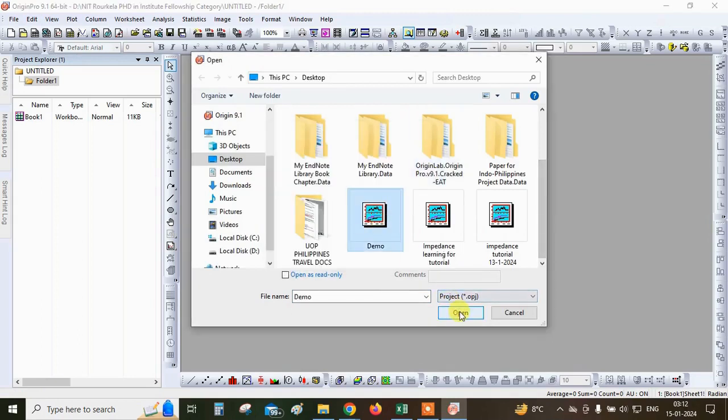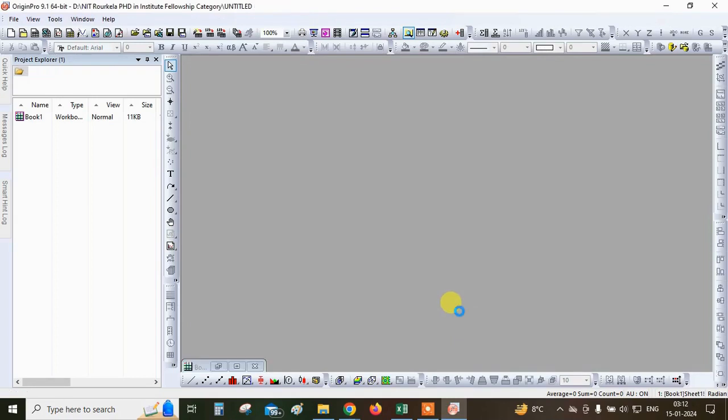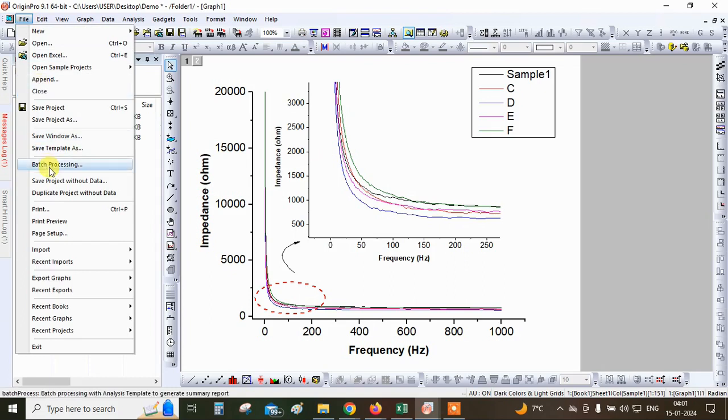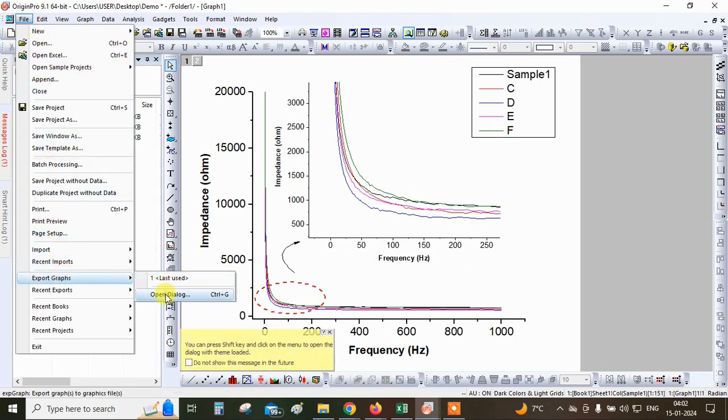Demo. Now in order to export this graph from this project, first we'll go to file, and then we will go to export graphs. We'll go to open dialog,